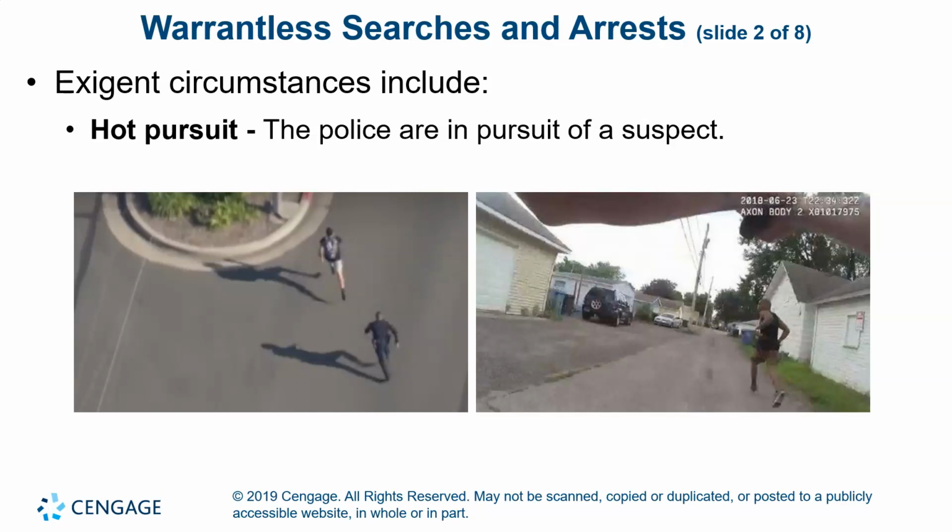The police would be allowed to enter the premise without a warrant in order to find and arrest the suspects. So the warrantless search would be allowed because the police were in hot pursuit, if you will, of the suspects,